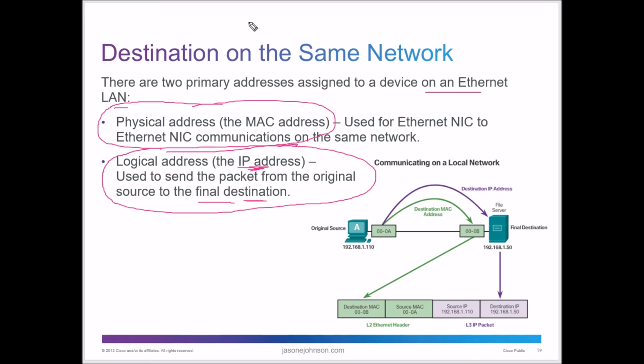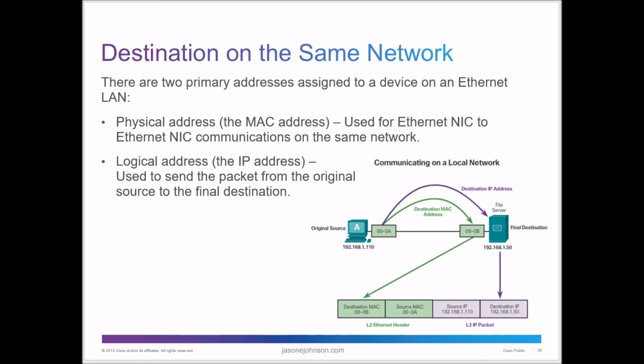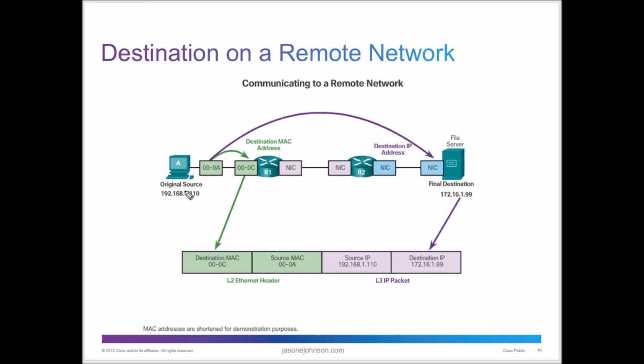Let's blow this up and make this a little bit larger so we can see it. So you have your original source, and it's going through a router here, and it reads the frame. It says the destination is here, the source is here. Well, I can't get that on the local network. I don't see that, so I'm going to forward it through to the next router, and then it's going to negotiate that and say here's where the IP address is supposed to go based on the IP source and destination. So once it gets up to that level, it's going to skip over this, and it's going to look for the source IP, which is your layer 3, once it needs to be routed.